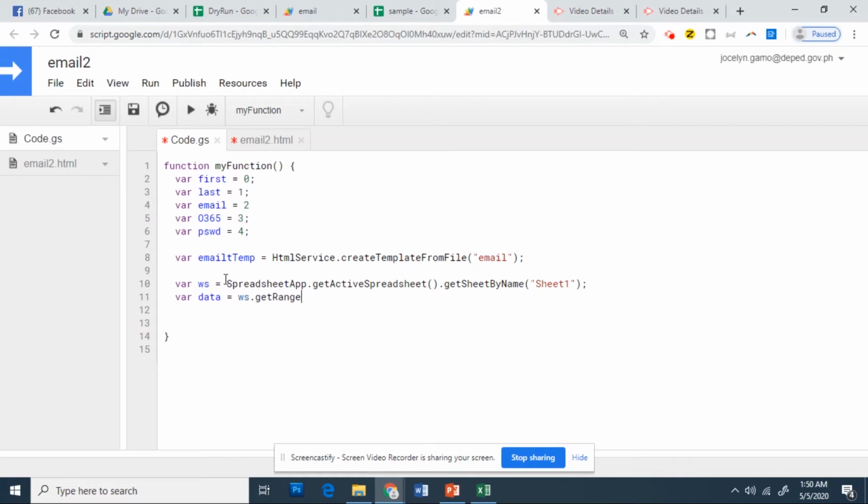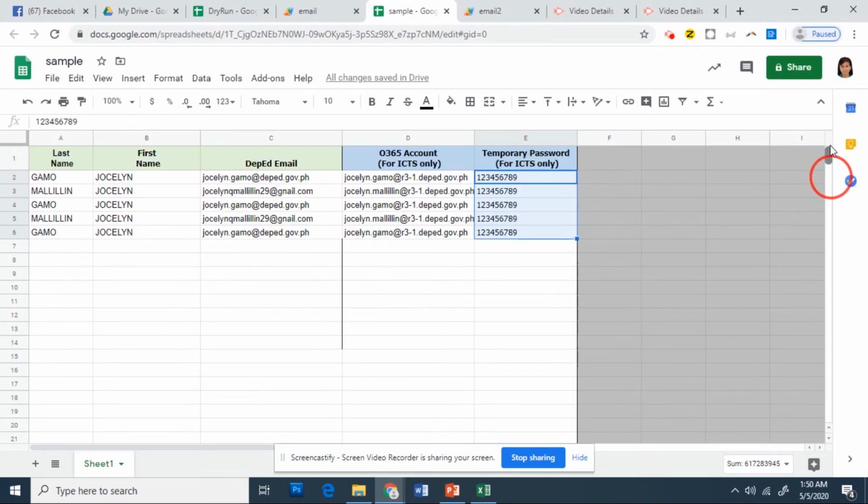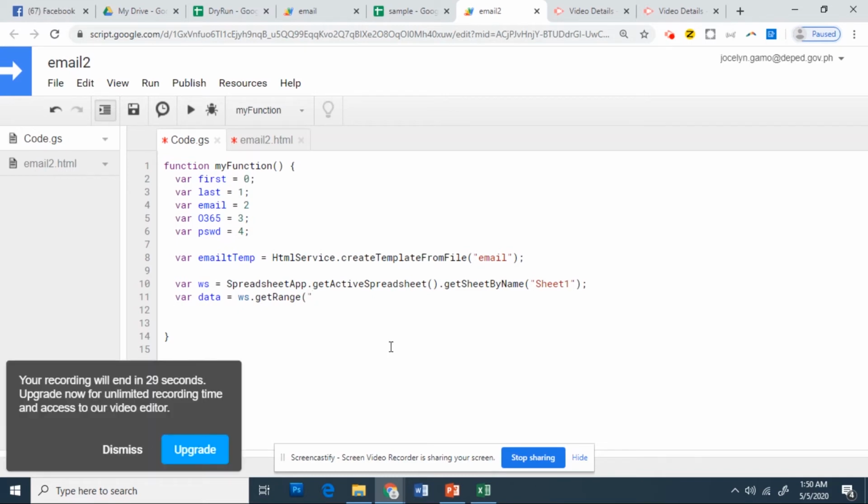So, mula saan hanggang saan? Balik tayo sa ating Excel. From A to E, hindi kasama yung header o yung mga field names. Yung information lang. So, that will be A2 up to E6. But in our case, hindi natin idadagdag si E6. So, we have A2